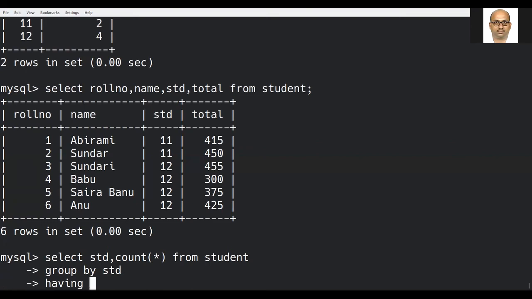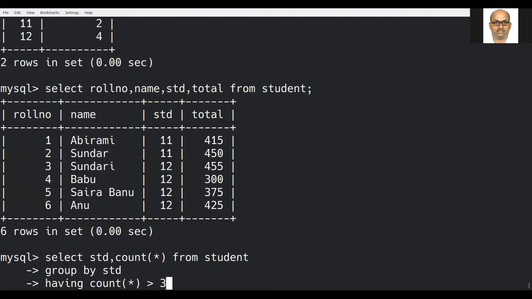Don't confuse it by writing where. Here we are supposed to give having. When you are using group by, you will not come across the word where. So having count star greater than 3. Display those classes whose student strength is greater than 3.